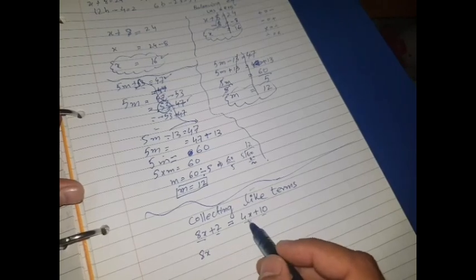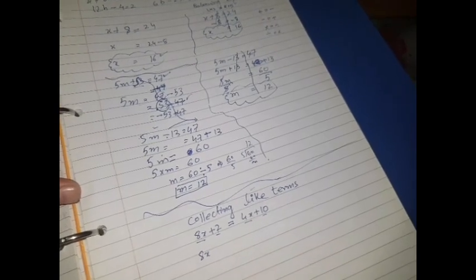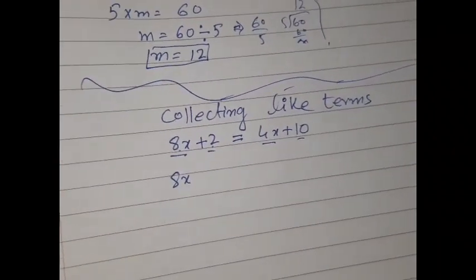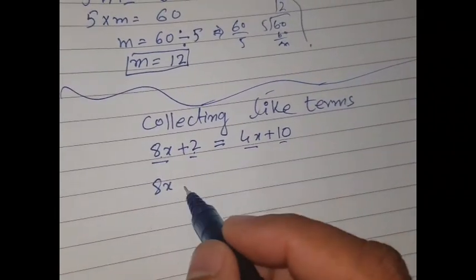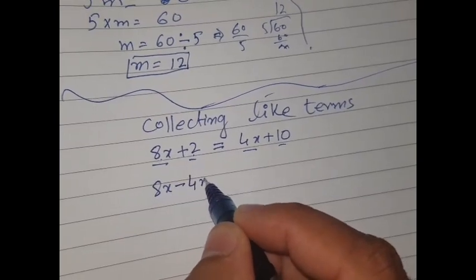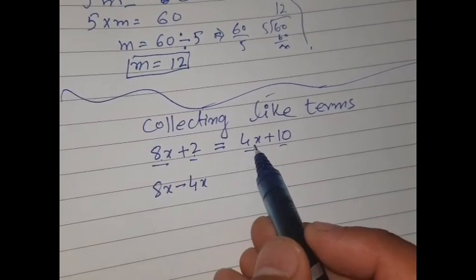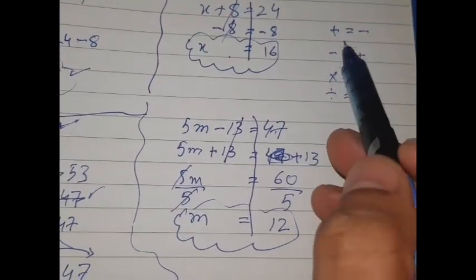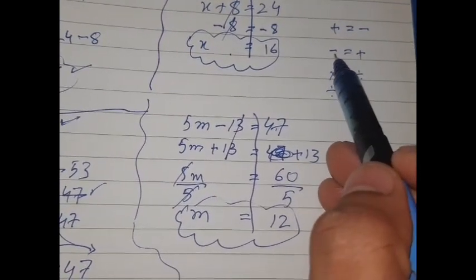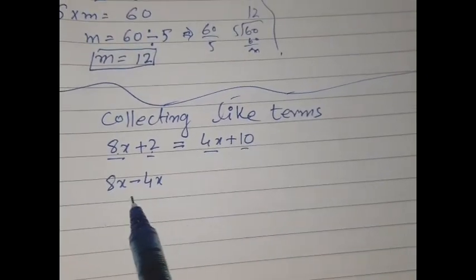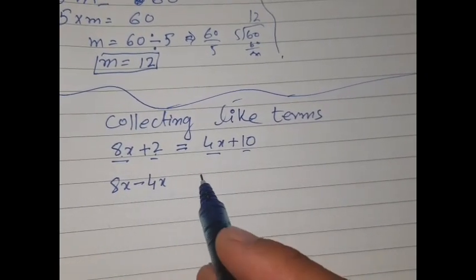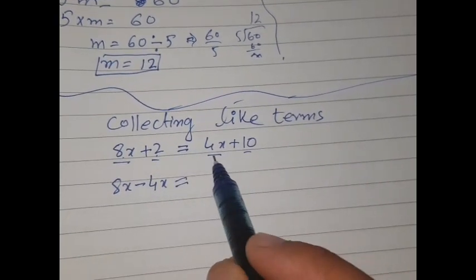So 4x said okay, I was positive here, let me move to the other side, and 4x started walking and moved to the other side. Now when 4x is moving to the other side, it said okay, now I am turned into negative 4x. We know that it was plus 4x, and as per the rules that I mentioned earlier here in the corner, if plus is moving to the other side, it becomes negative. So this is what I did here. It was plus 4x, I moved it to the other side, and it becomes minus 4x is equal to,